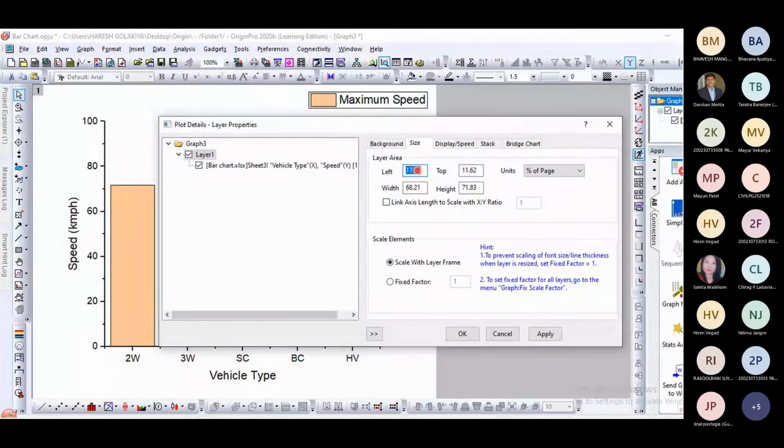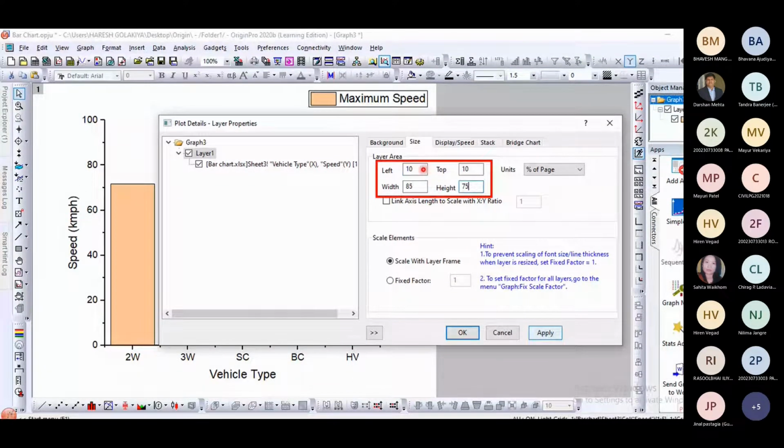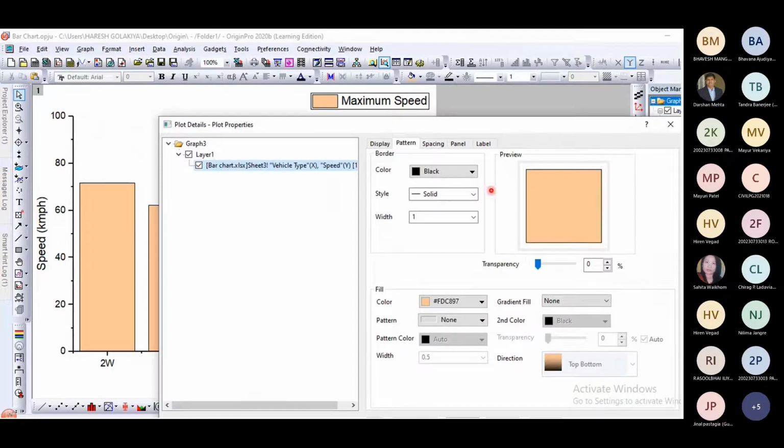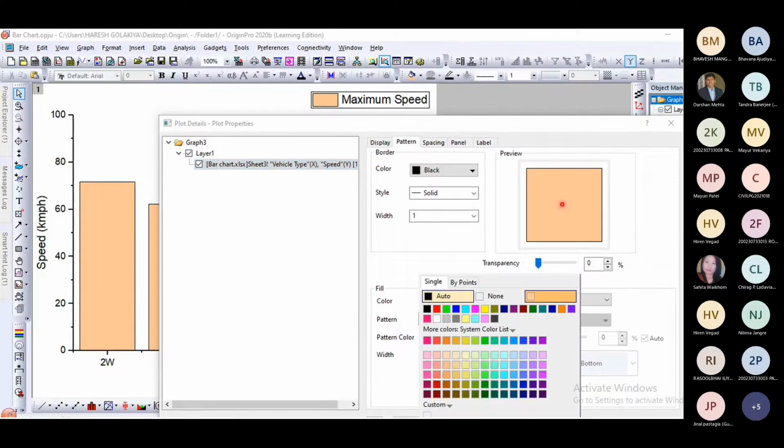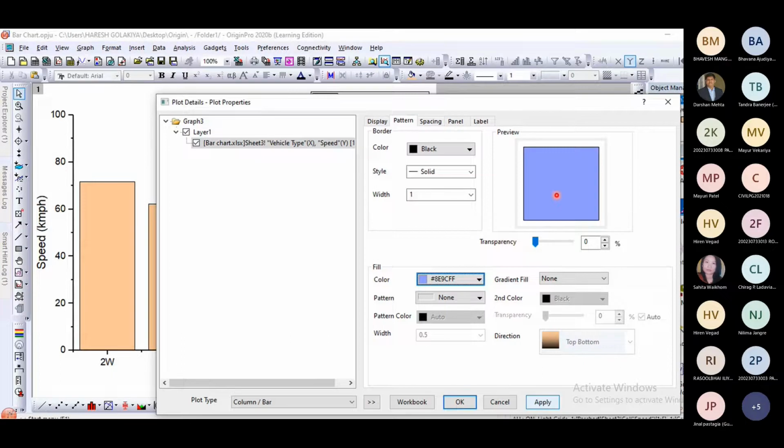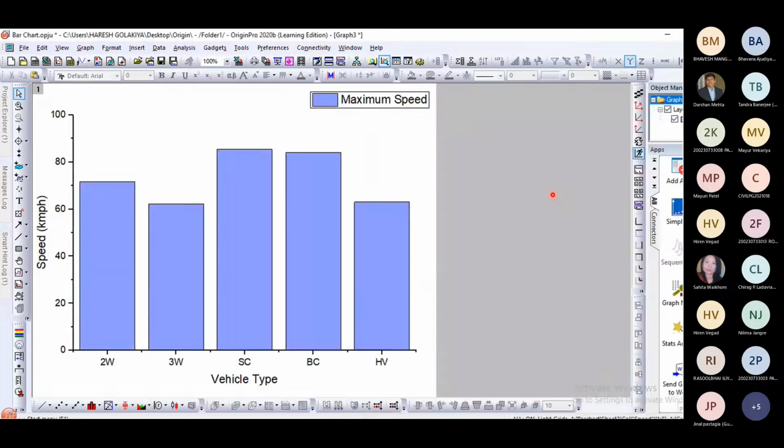Instead of 17 we can make it 10, right? 10 margin from left side, 10 margin from upper side, and we can change the width and height so it will fit. Here we can also change the pattern and color of this. Initially it is a solid pattern. We can change the pattern, we can change the color. Here color is changed, right?